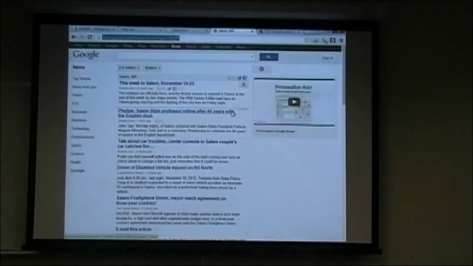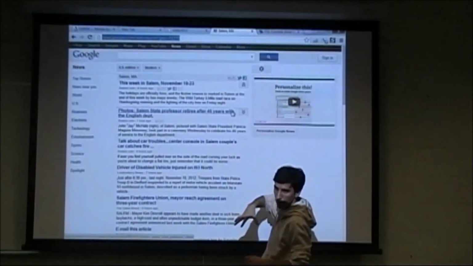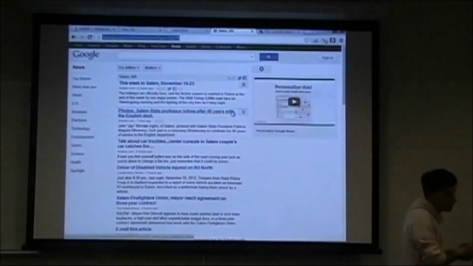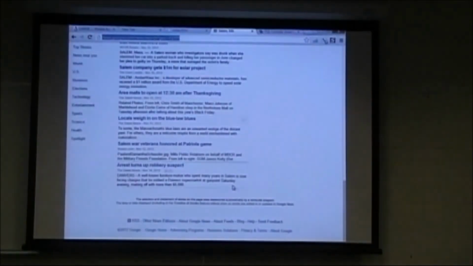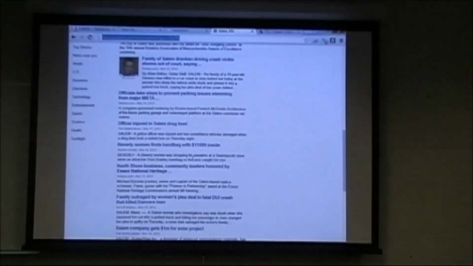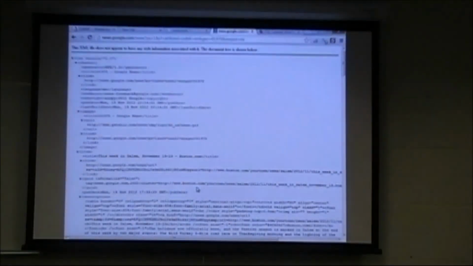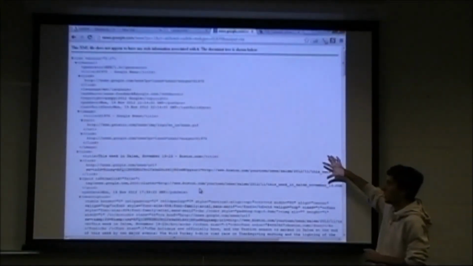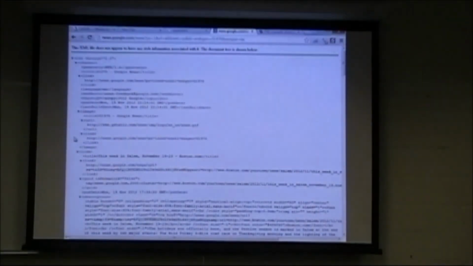And it turns out that Google offers a really nice, easy way of accessing this news with better readable files that are called RSS files, right? And if we go all the way down to the Google page, we'll get this RSS file. An RSS file is basically in XML format that gives us a really nice way of taking this Google News and implementing it on our website. It gives us these tags that are link, URL, image, title and such. So we take this, copy this URL, come back to YQL,